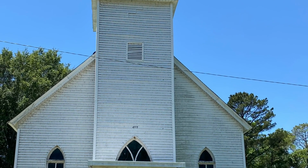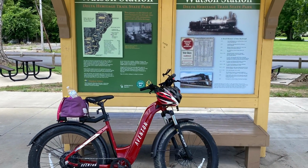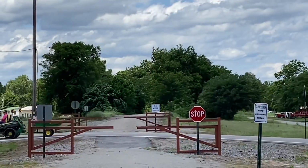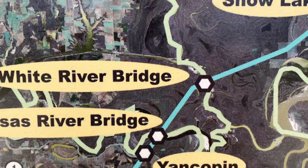I was going to ride up to the White River or the Arkansas River, and unfortunately, the bridge had been washed out recently due to some flooding and rains. So I turned around and did the Watson to Rower section, which was really interesting because right off that section